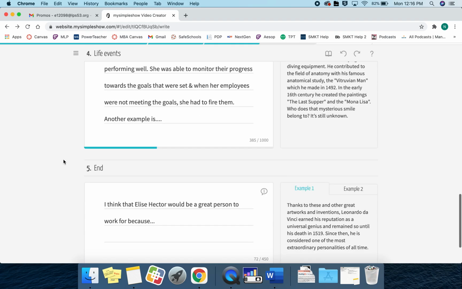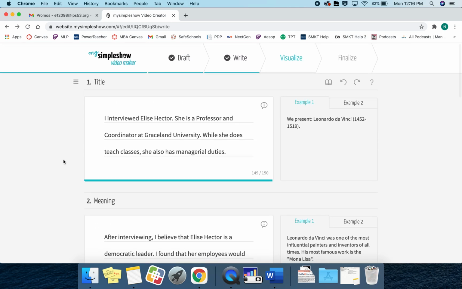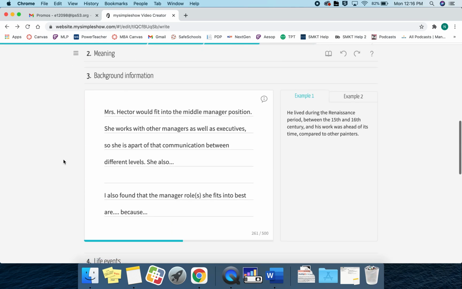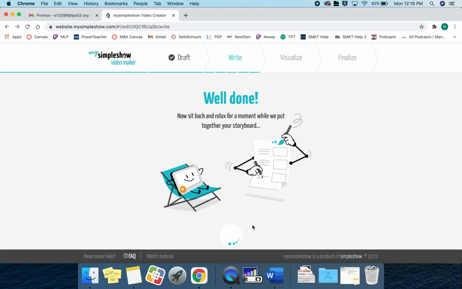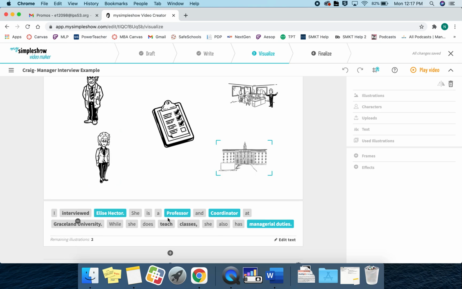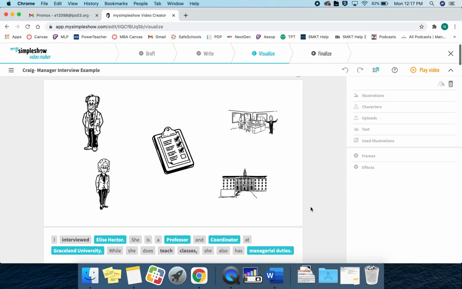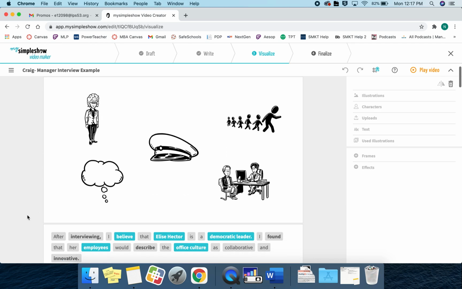Once I have finished all of my slides, do not move on to the next part until you have finished every single one of your slides, written as a narrative. I'm going to go down to choose visuals, and it will try to match the words that I have written in my script with a couple pictures to make the slides look a little more engaging. So, for example, they picked out a couple different pieces, and they added some graphics there. I'm happy with these, so I'm going to move on to the next slide.